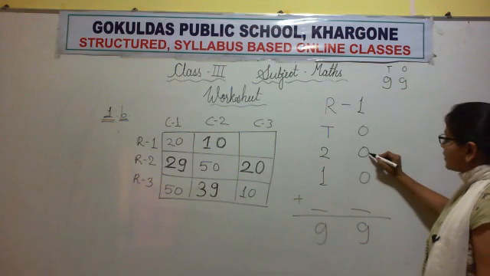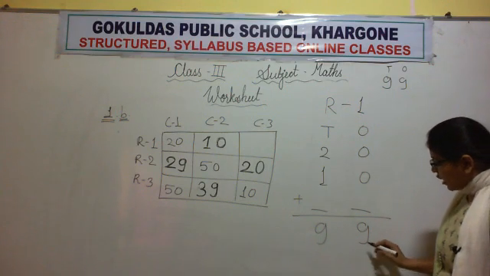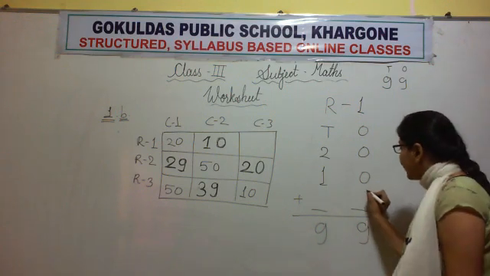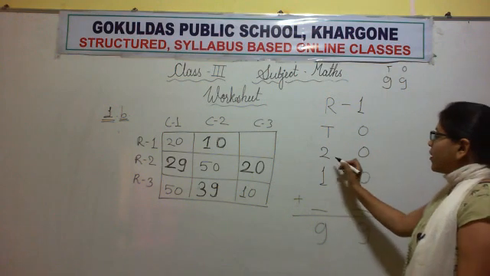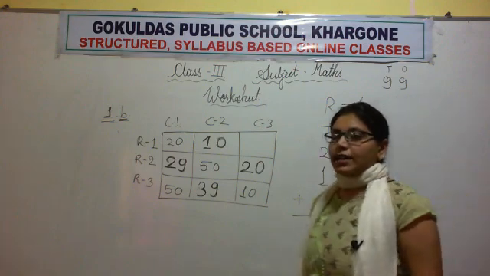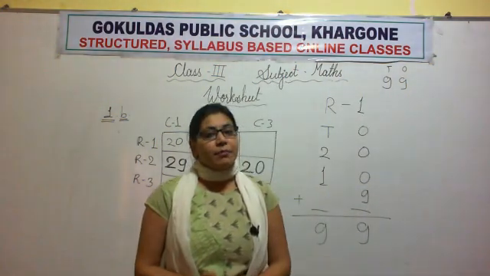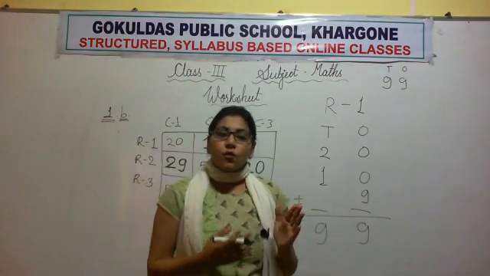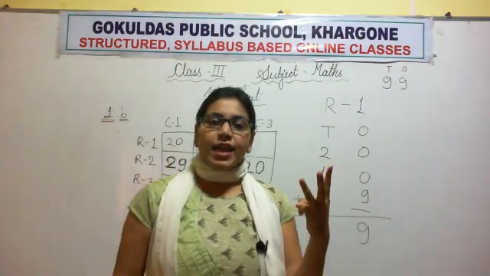Okay. So 0 plus 0 is equal to 0, and we want number 9. So we will add 9 in it. Remember the 0 property. Now 2 plus 1. Remember the successor property. Whenever 1 is added to any number, it gives its successor. So what is the successor of 2? The successor of 2 is 3.